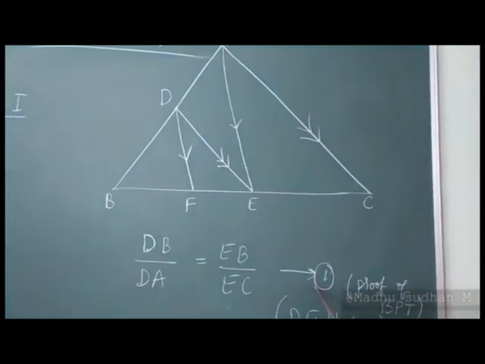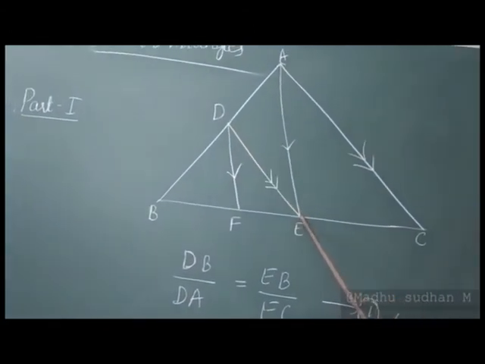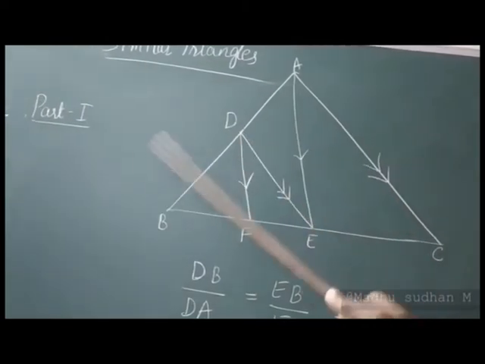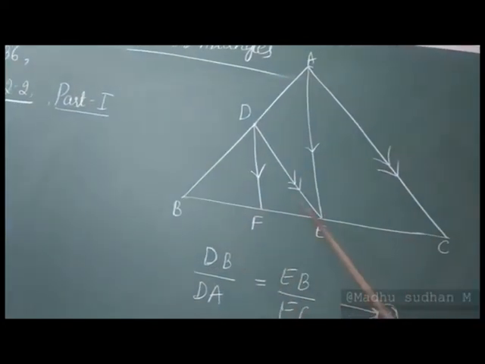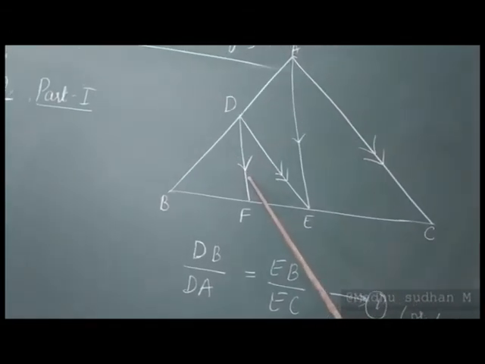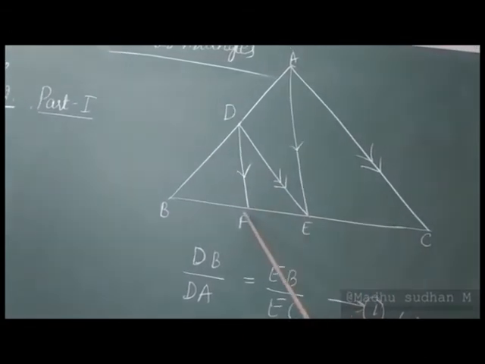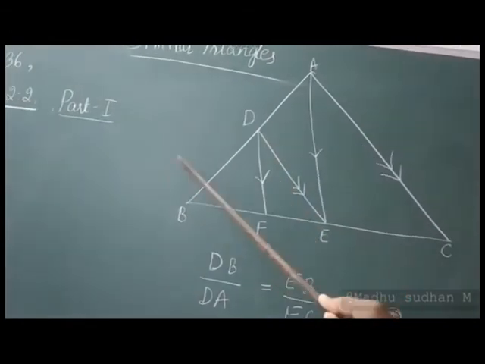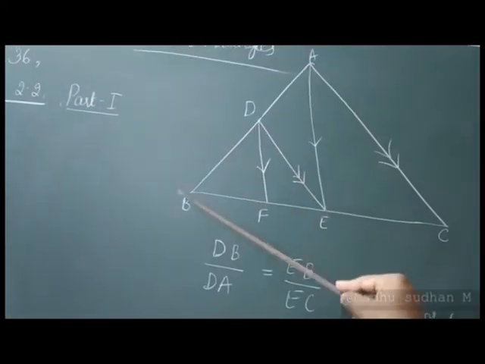Followed it? Once again, I shall repeat it. See this line D to E, and you can find this double arrow here. So DB by DA shall be equal to EB by EC, followed? That is my equation 1. You have one more set with one arrow mark here, right? Here the ending point is E. So can I write FB by FE, which is equal to DB by DA, right?